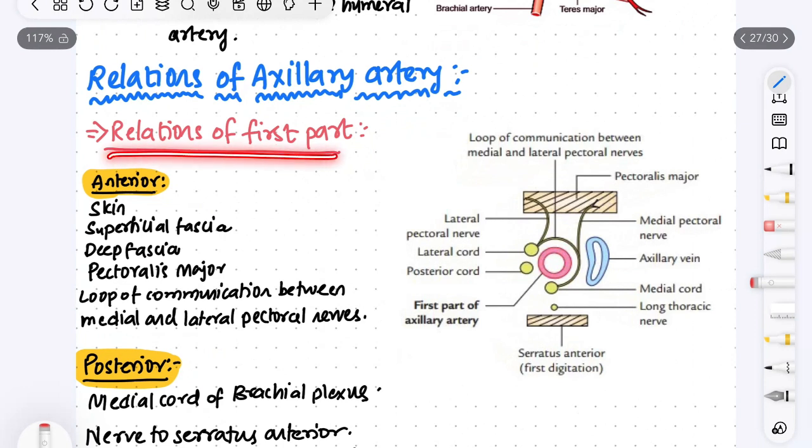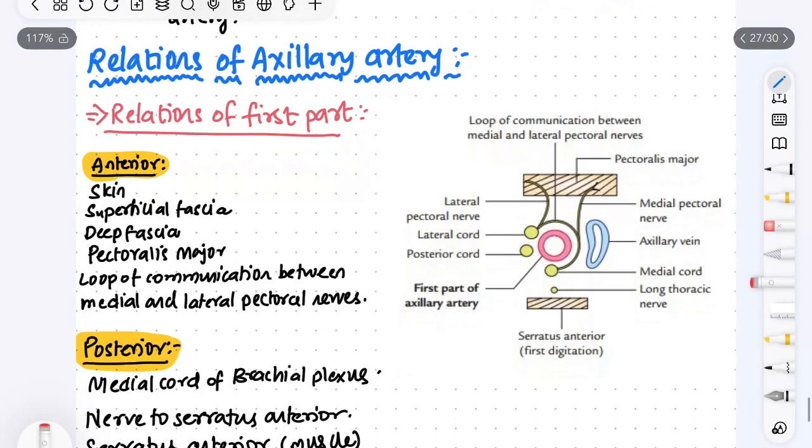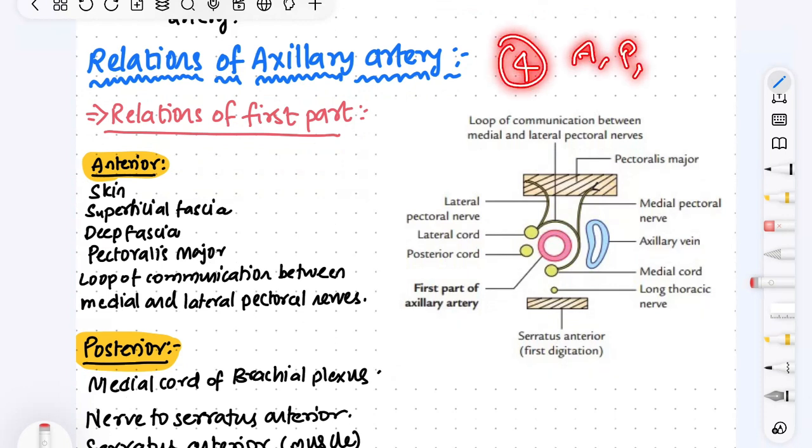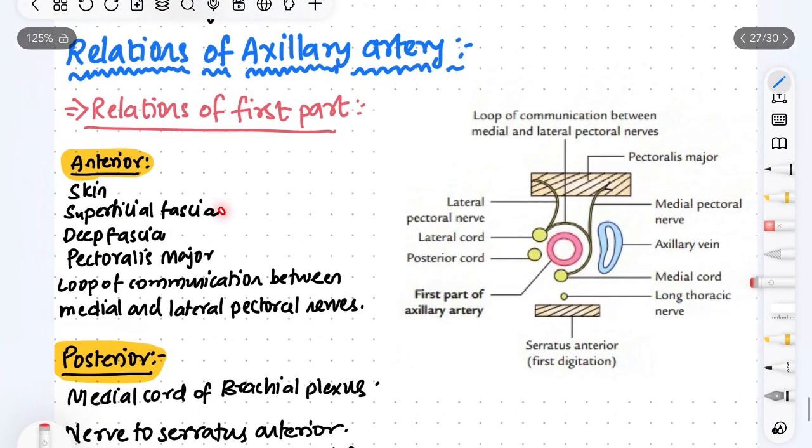Now let us look at the first part of the axillary artery. Relations are discussed under 4 headings: anterior, posterior, lateral and medial. Now, what are the anterior relations of the first part of the axillary artery? Those are skin, superficial fascia, deep fascia, pectoralis major muscle, and the loop of communication between the medial and lateral pectoral